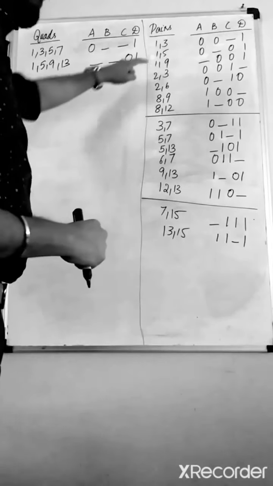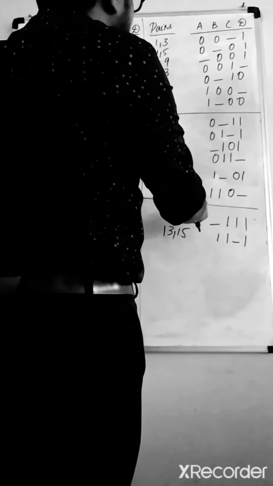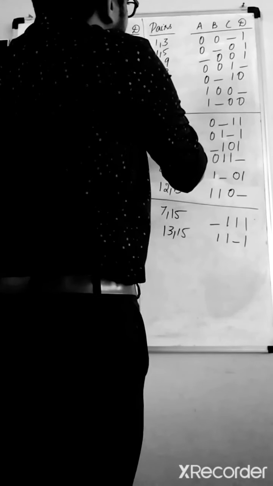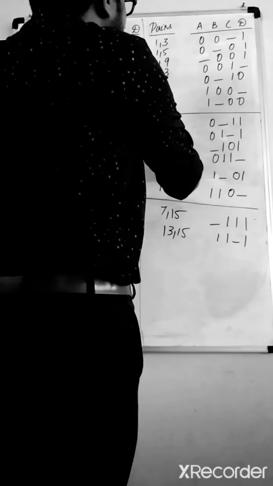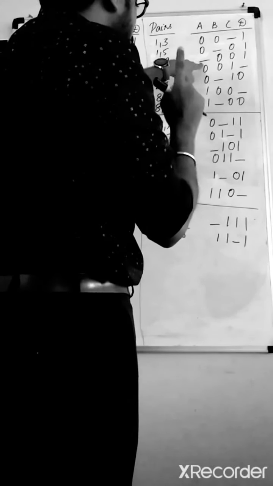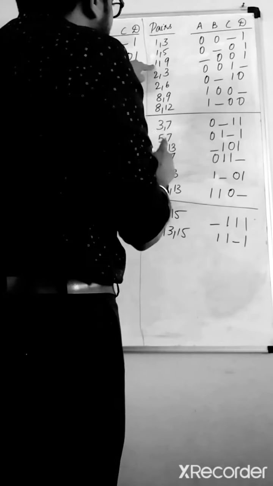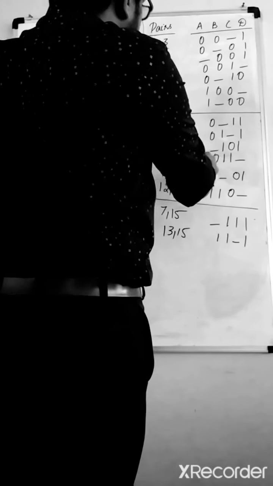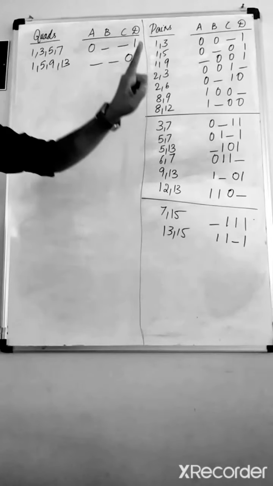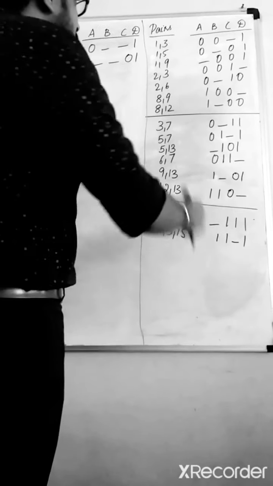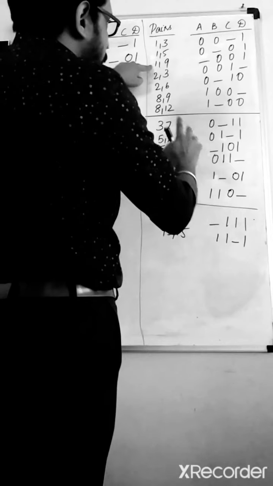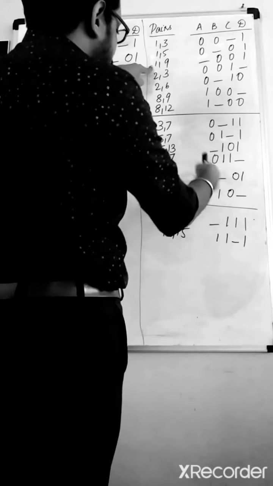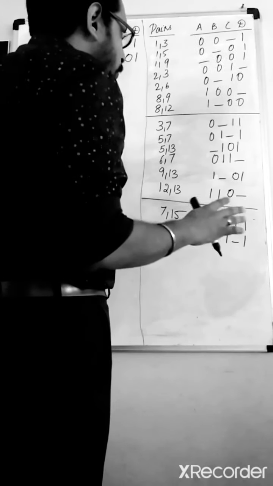Okay, what's the next step? 1, 5 is compared with 12, 13. No, not possible. 1, 9 is compared with 3, 7, not possible. 1, 9 compared with 5, 7, no. The first position is the thing we need to consider. 1, 9 is compared with 5, 13. Yeah, in the first bit position. But we need to understand that 1, 5, 9, 13 is already used, so avoid redundancy. So we forget about that. Next, 1, 9 compared with 6, 7, 9, 13, and 12, 13. Avoid all such cases.